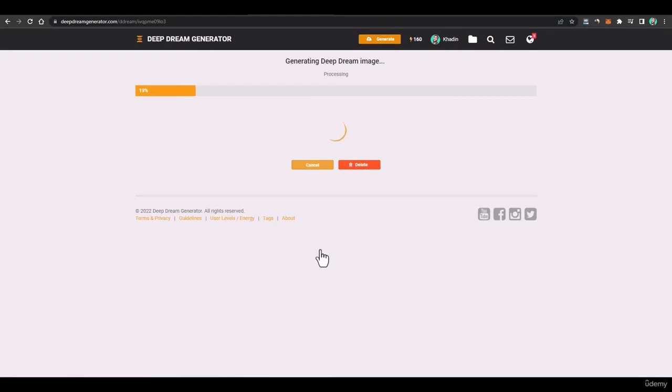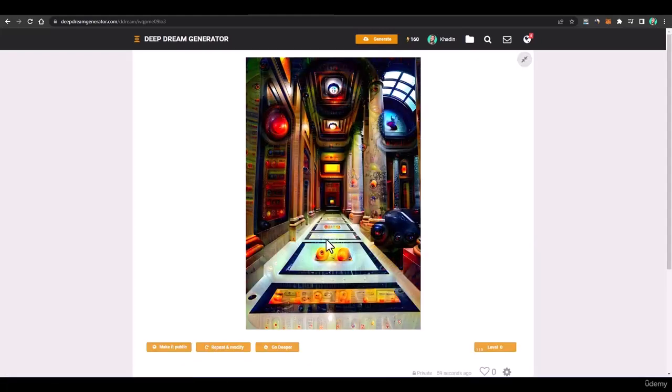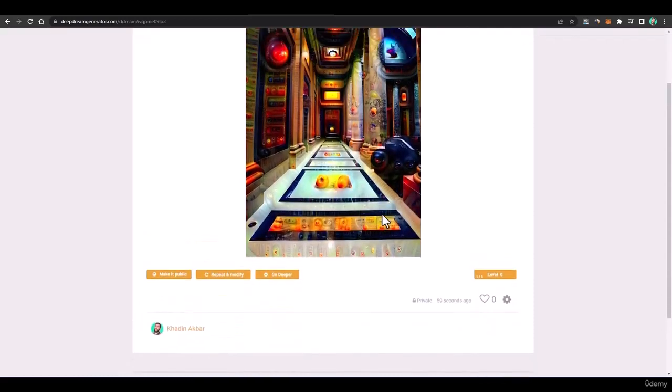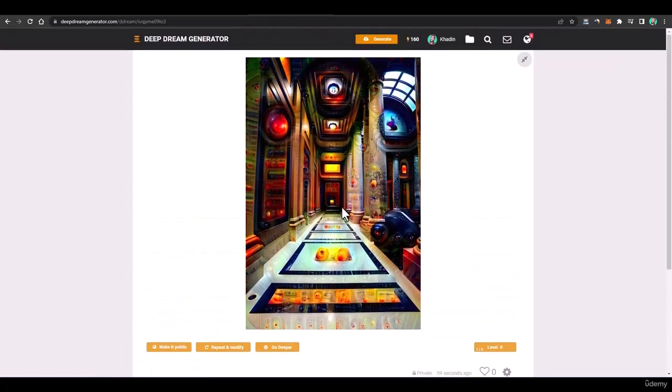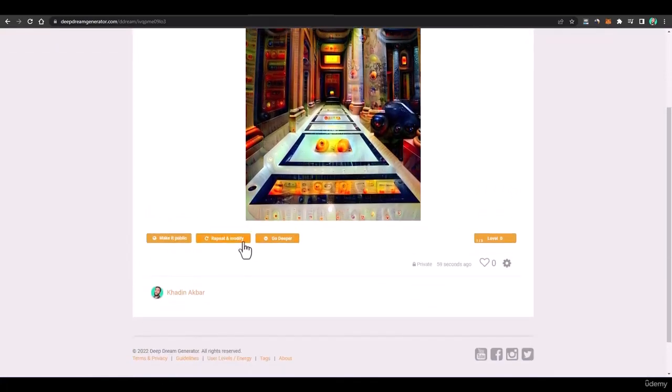So it's generating the image, and I am waiting. I will have to wait a few seconds, and after waiting, we'll get it. And here you go, we got the image for that one as well. This is not that good, and it is a bit rushed or a bit messy, but that's how you can generate deep dreams.